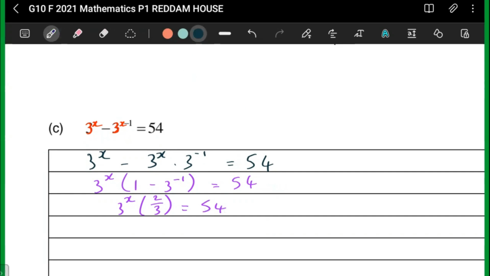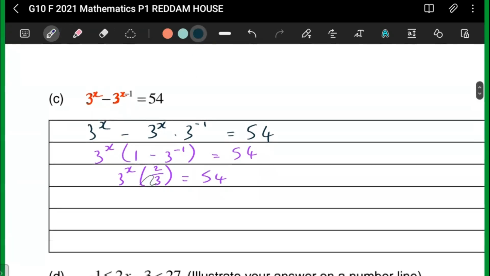And in the name of using your calculator, be comfortable using a calculator when you deal with fractions because you want to solve for x. So you can divide both sides by the 2 over 3. That cancels out. Here you also divide by 2 over 3. Just use your calculator. In your calculator, what's going to happen is you are going to get here